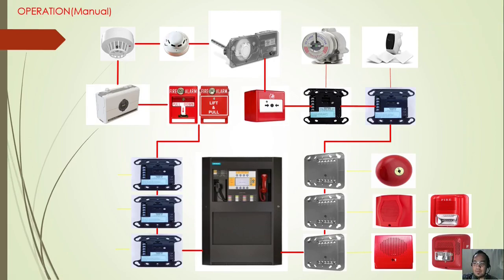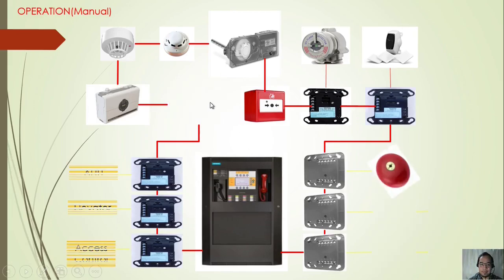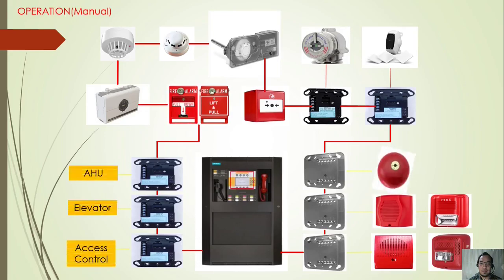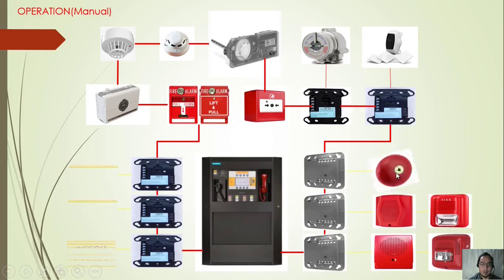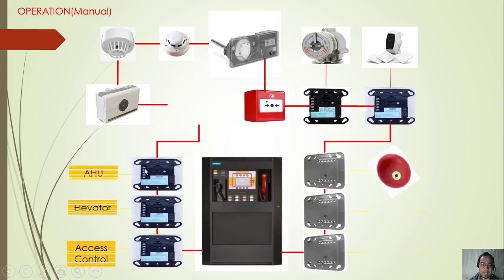Now we go to the manual operation, guys. Let's say we trigger the manual push station, what will happen? It is actually the same as the automatic, it's just the operation that differs. So we trigger it manually, but what happens is the same: our horn strobe activates for the alarm bell, and the interfaces for the AHU, elevator, and access controls are also activated. At the same time, we're receiving information from